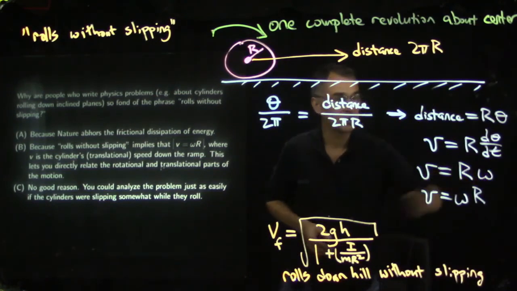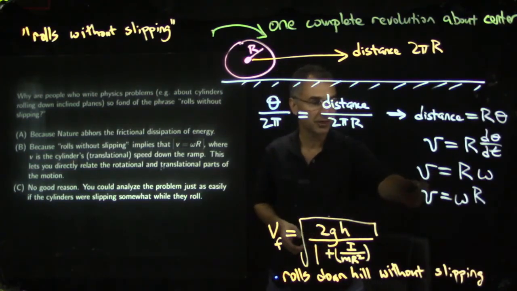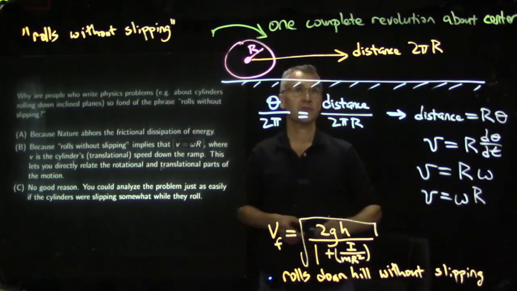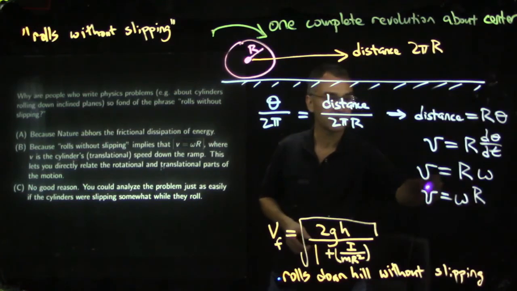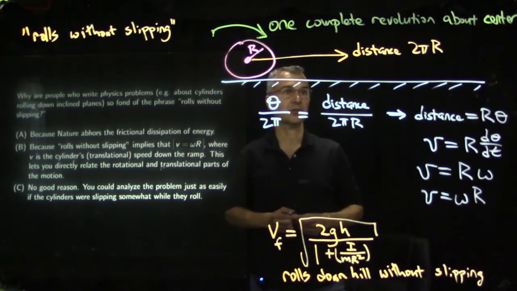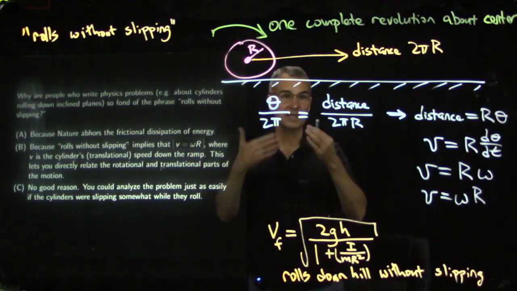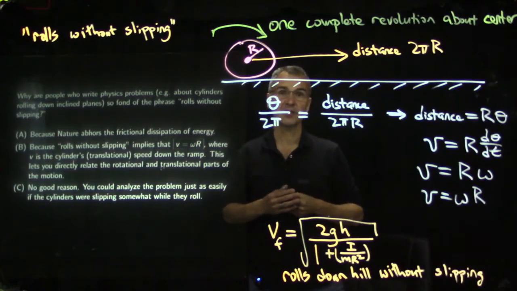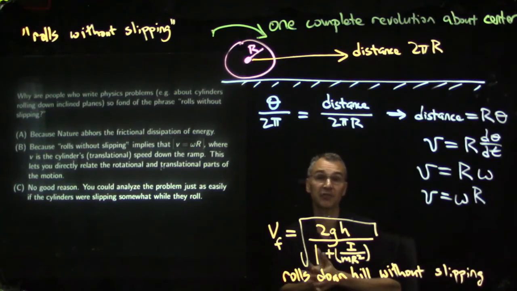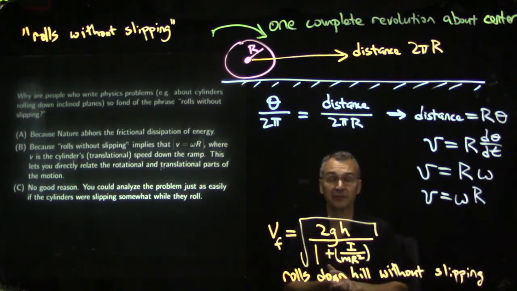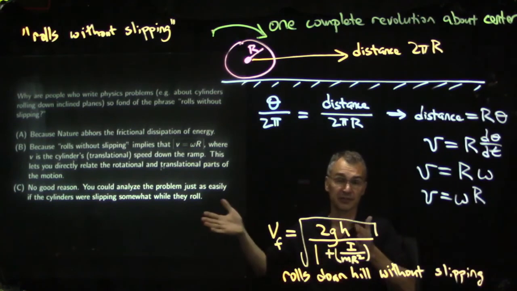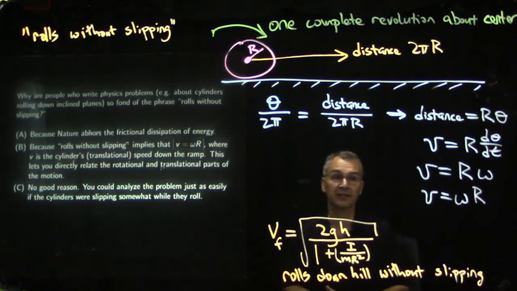We usually write it the other way. Speed is omega r. So we have speed is omega times r for an object that rolls without slipping. And that makes a good physics problem. That means that we can relate the rotation rate to the translation rate. Not only does it make a good physics problem, but it describes a lot of everyday real life, like the wheels on your car rolling down the street,